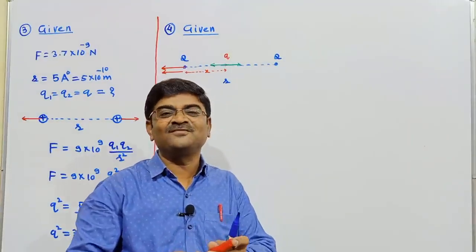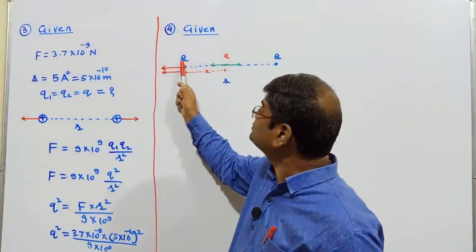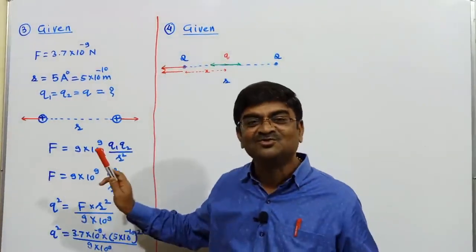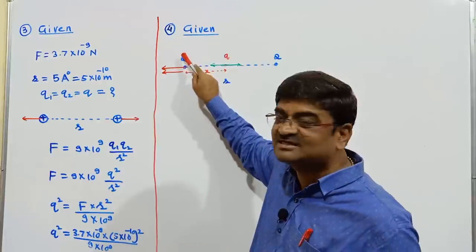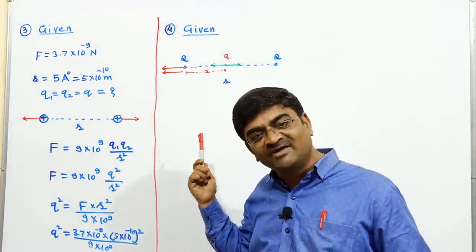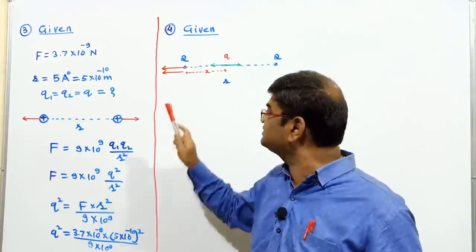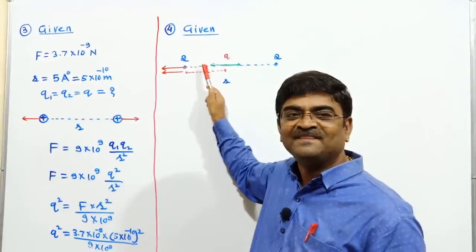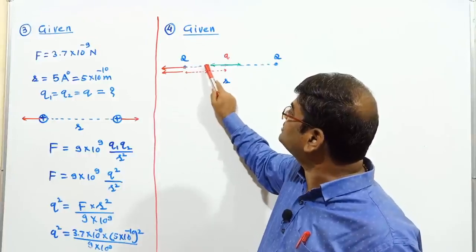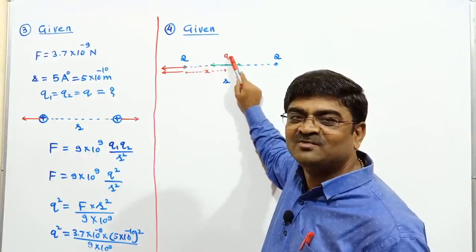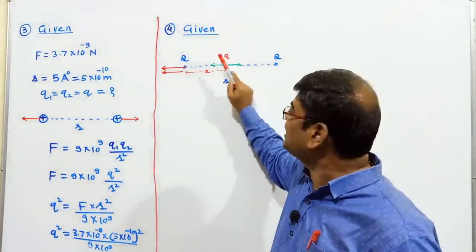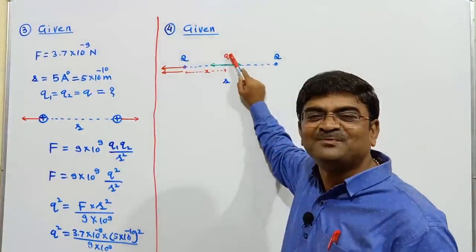What is that problem? If I want this charge to be in equilibrium, this is definitely going to be repulsive because these two are like charges. Now the question is that the one more force which I am having available there must compulsorily be in opposite direction. And if that is to happen, if this force has to be in opposite direction, this must be negative. With capital Q as a positive, this must be negative. With capital Q negative, this must be positive.